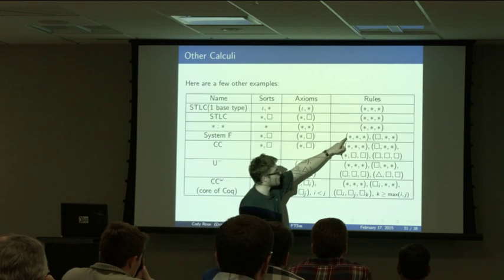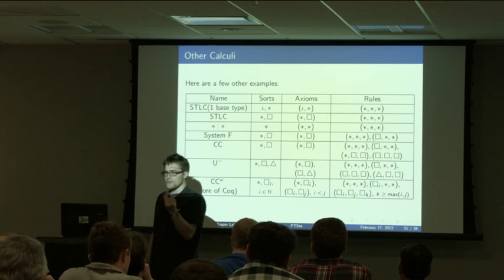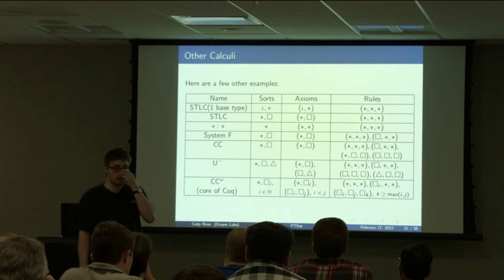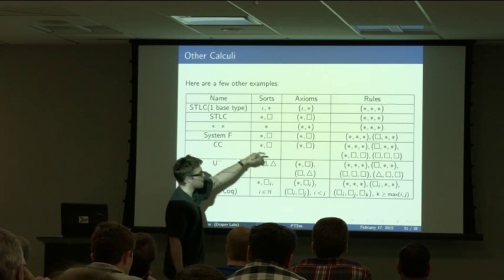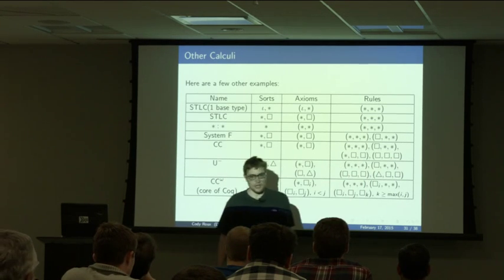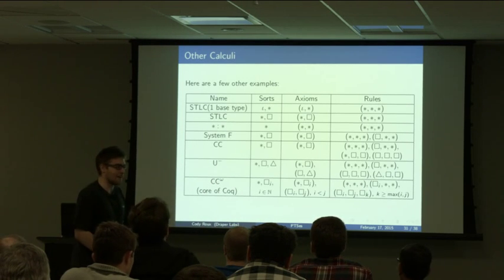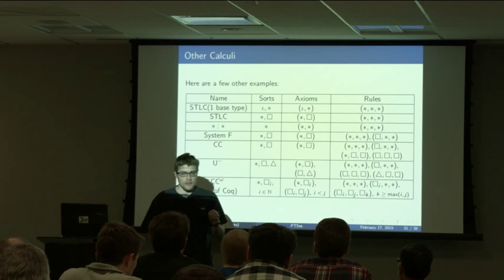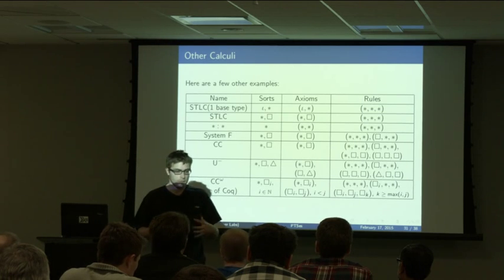if I added box, box, box here, so I had type constructors and polymorphism, you notice that I have something that doesn't look so unlike, say, Haskell 98. In fact, the core of Haskell is some variant of System F plus these type constructors plus some other junk that I don't want to talk about. But the main idea is that they explicitly use this core as a simplifying, unifying principle to build this type system.